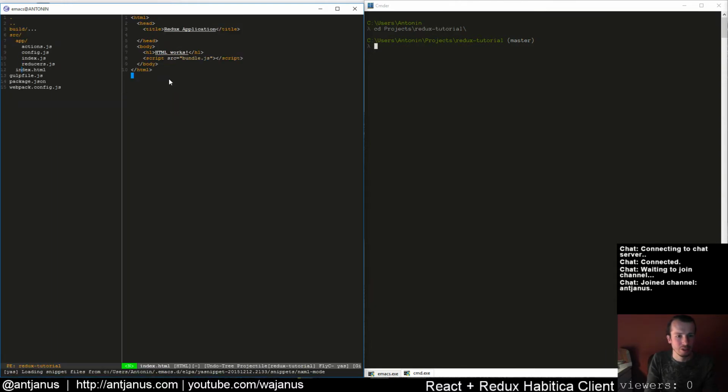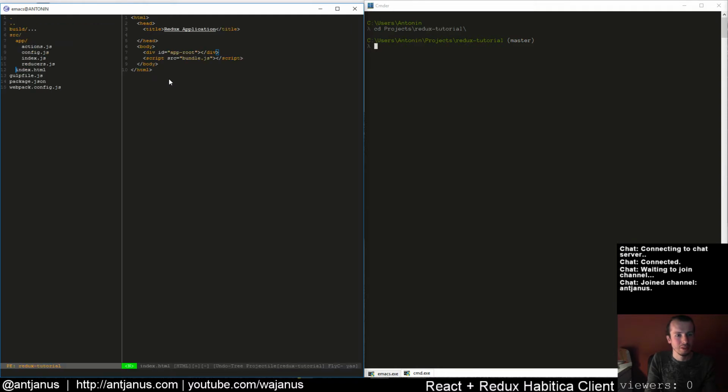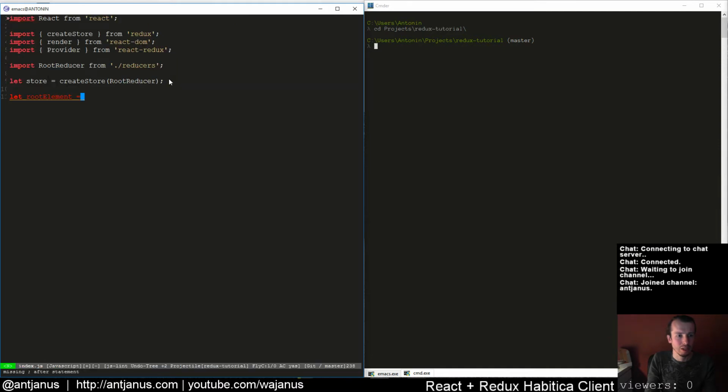So in our index.html, we haven't touched this in a while, have we? Okay, so in our index.html, we're just gonna create a div with an ID of root, or app root. We're gonna close that out. Save it, and that's going to be our root element. So we're going to go ahead and do document.getElementById app root, and so that's our root element